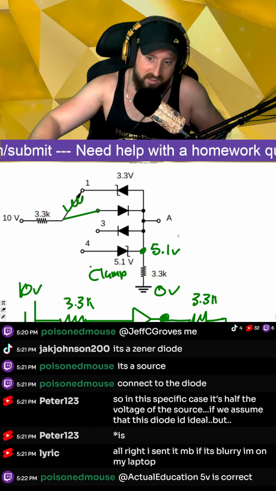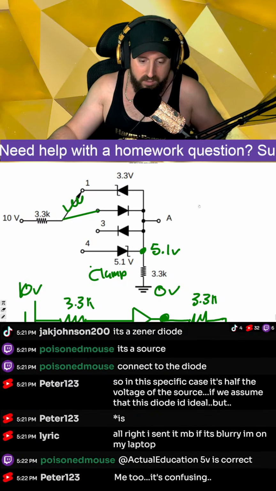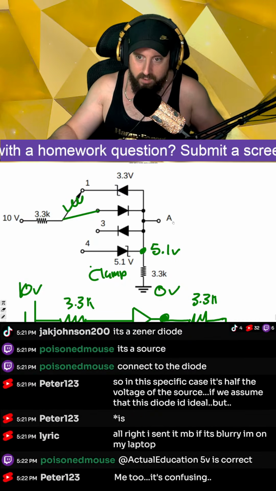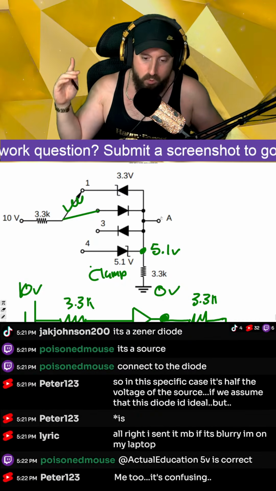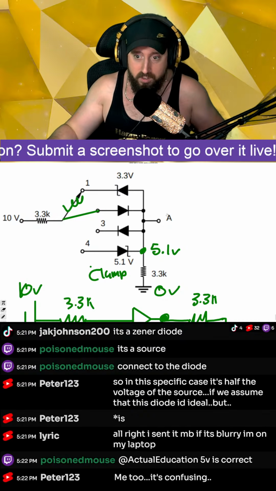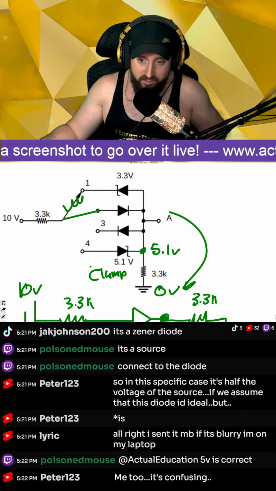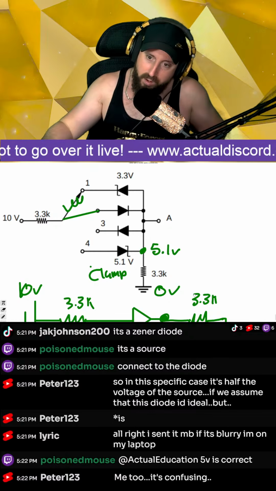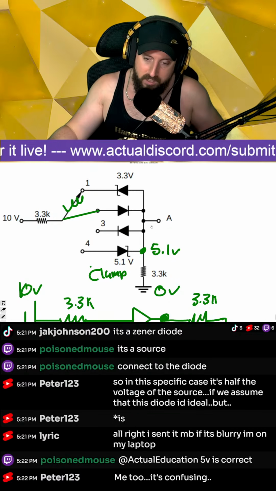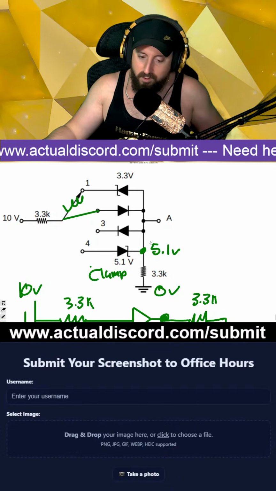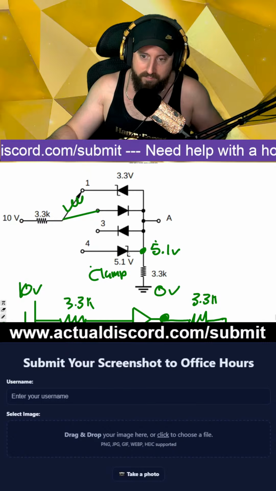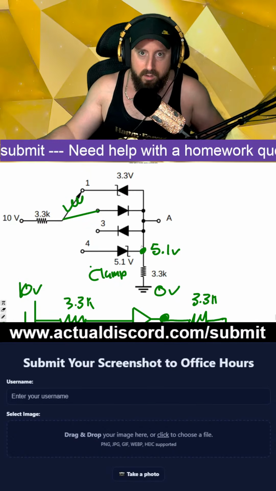Which in that case, I think A would always read 5 volts, right? Because if you're measuring voltage on A, you always reference it to 0, to ground. And so you're measuring it in reference to this, right? But there's no elements in between here, right? So in that case, if this is a 5.1 volt source,